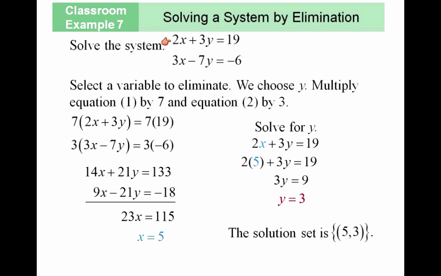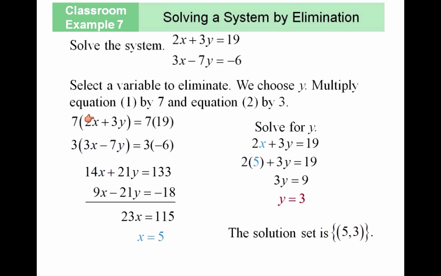Multiply equation number 1 by 7 and multiply equation number 2 by 3, because you want to make these two opposite of each other. They are already opposite in sign, but to make them the exact same number, if I multiply the top row by 7 and the bottom row by 3, then the coefficients of y would be opposite of each other. As you see here,